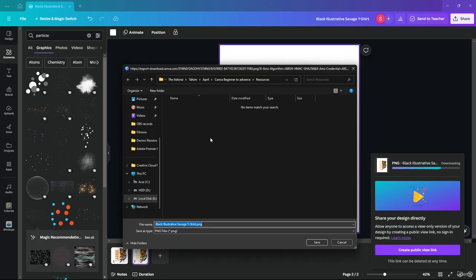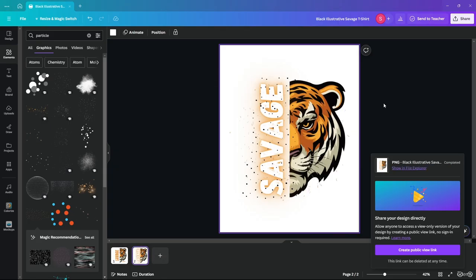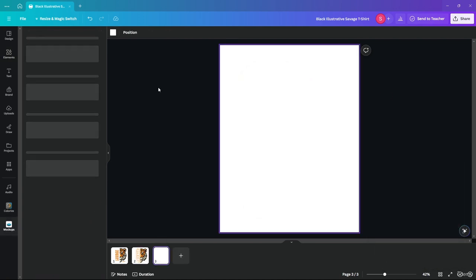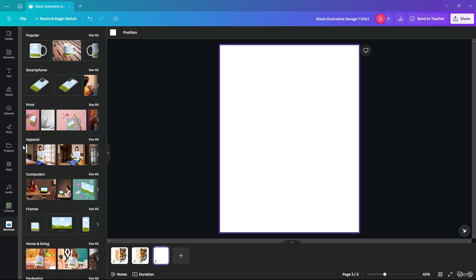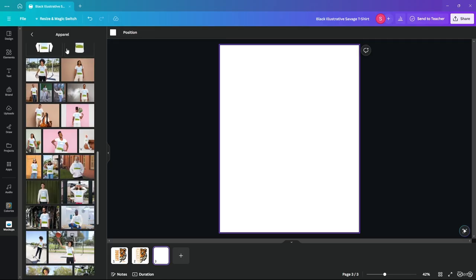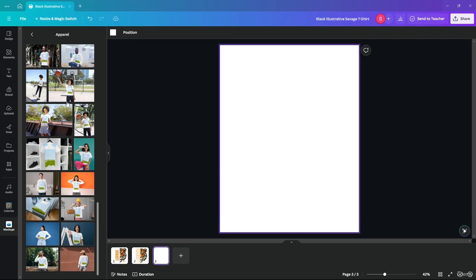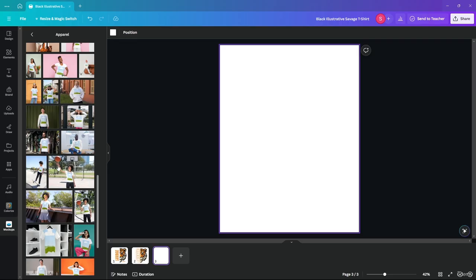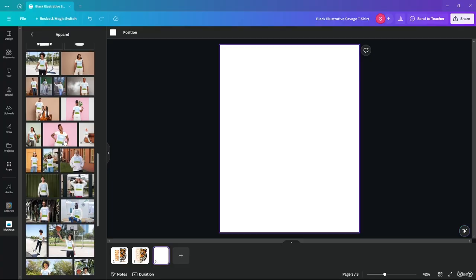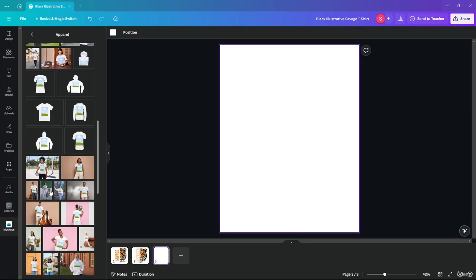There you go. So this is the PNG. Once that is done, I'm going to go ahead and create a new one. Go to mockups over here. And underneath apparel, I'm going to check see all to see if I have a dark image or not. As you can see, there's barely any dark image, but that's all right because I can go ahead and import this t-shirt in, right? So after importing this t-shirt in,